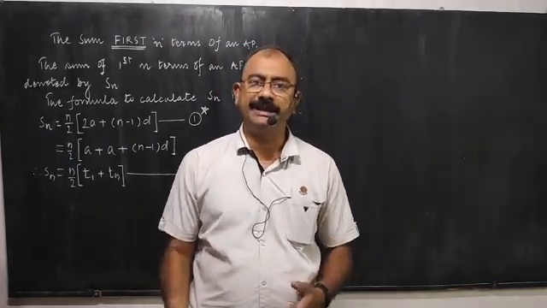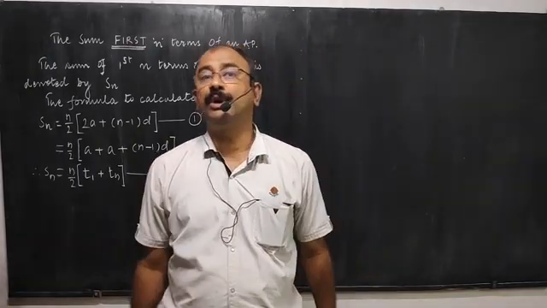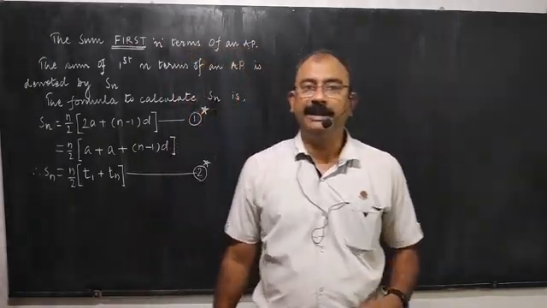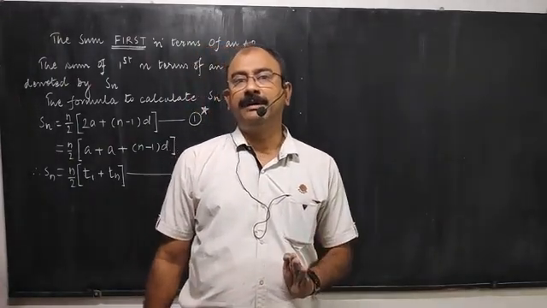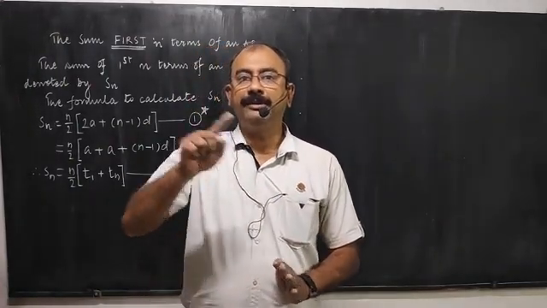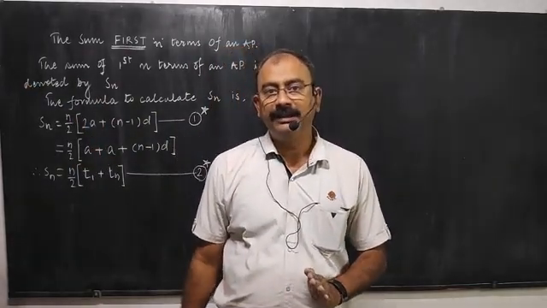So, as I said, you can calculate the sum of first n terms using this formula, but by using the same formula twice, you can calculate the sum of the middle terms of the AP also. For example, if somebody asks me the question, what is the sum of T15 to T20? So what will I calculate?